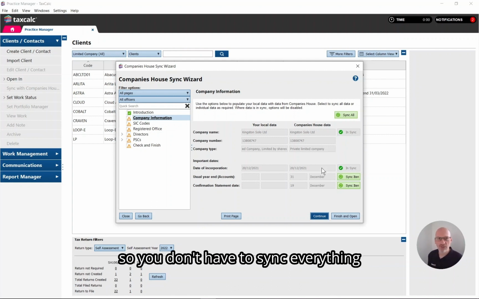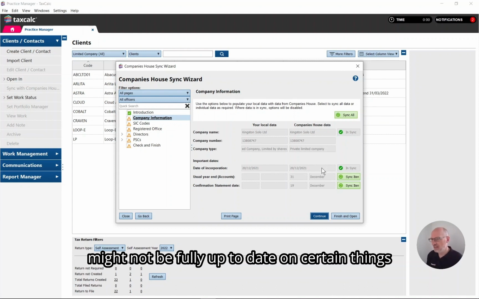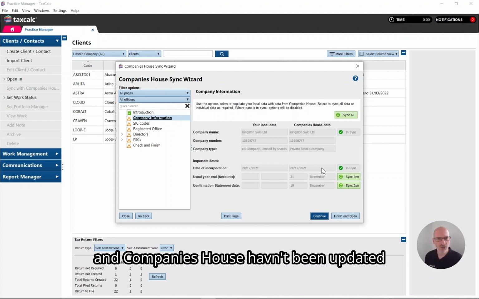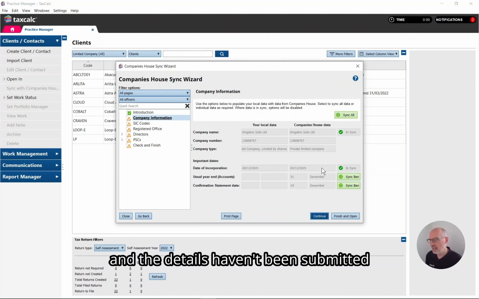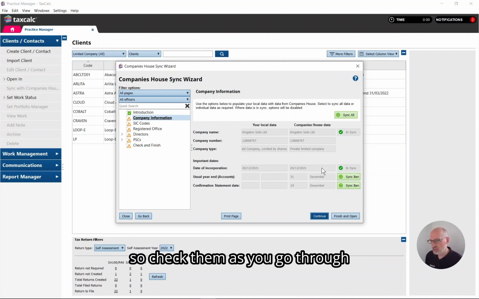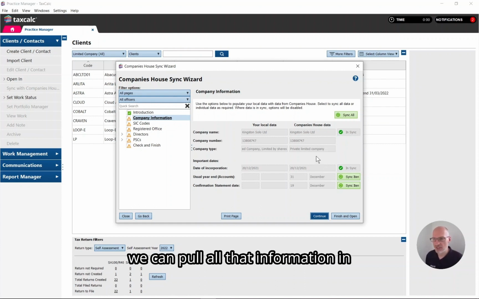So you don't have to sync everything. Companies House might not be fully up to date on certain things, like if there's been a change of address and Companies House haven't been updated, or you're aware that there's another director and the details haven't been submitted. Check them as you go through, but essentially for a brand new client, we can pull all that information in